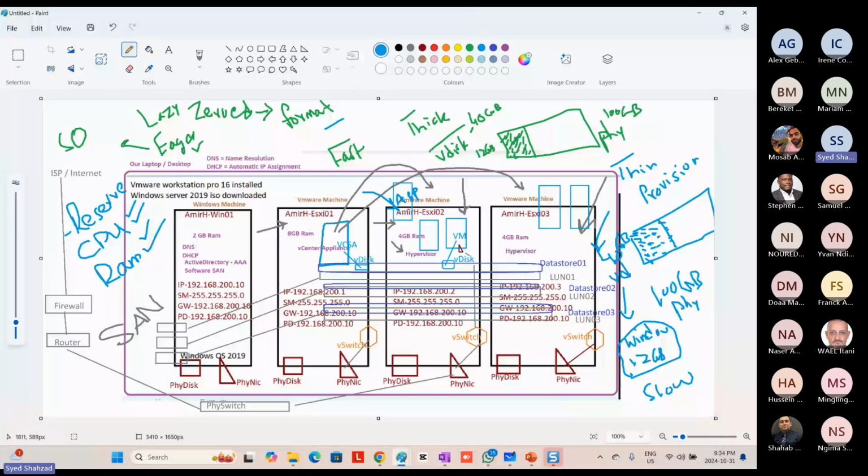Whichever machine got the reservation, other virtual machines will obviously have less RAM. The resource pool feature of the hypervisor, or vCenter, will make sure this very important machine always gets whatever CPU and RAM we configure in the resource pool. It will always first make sure it gets that CPU and RAM, and then whatever is left is divided among the rest of the virtual machines. So a resource pool is all about reservation of CPU and RAM for important virtual machines. So if I go back here,